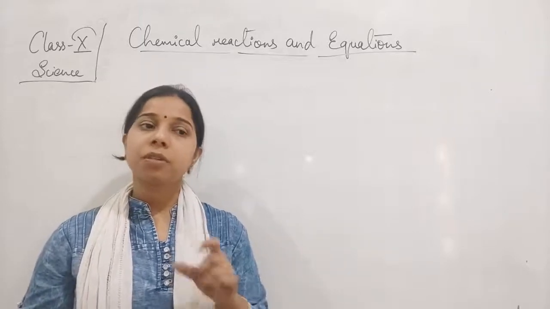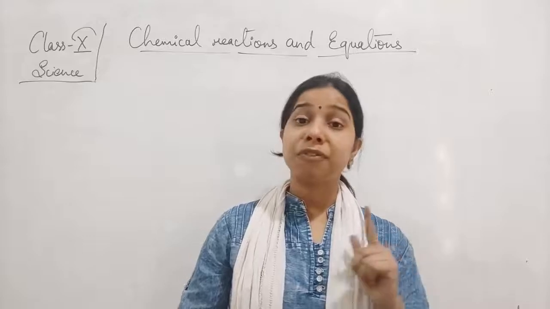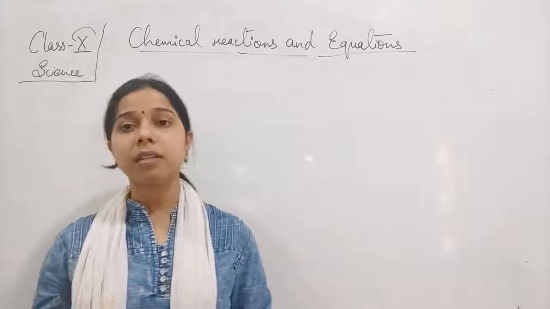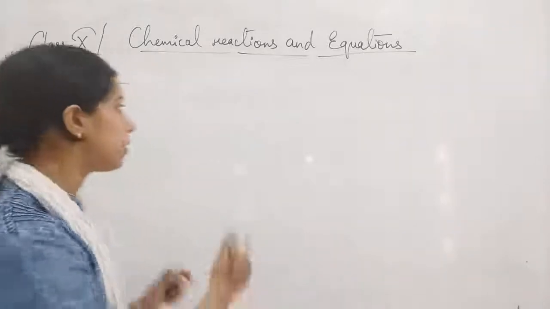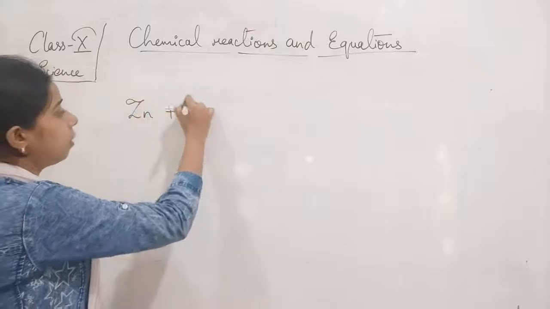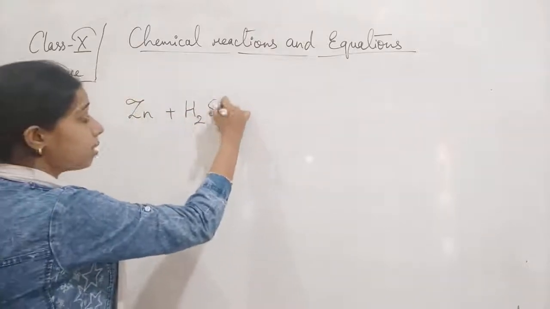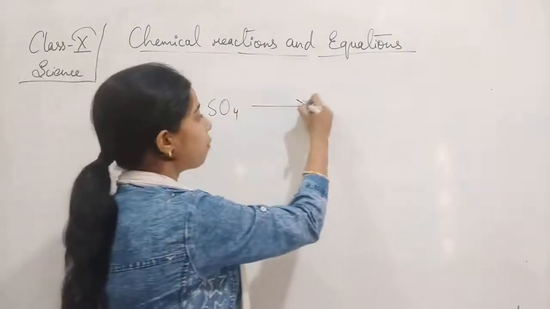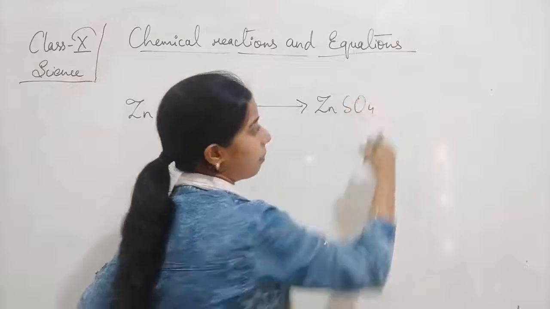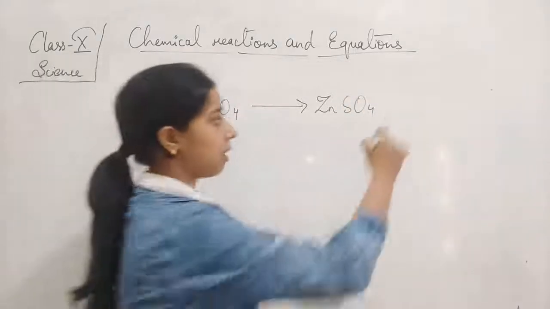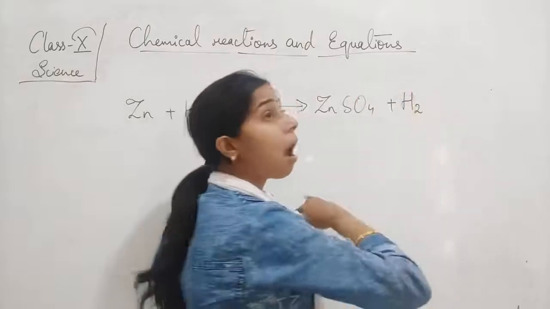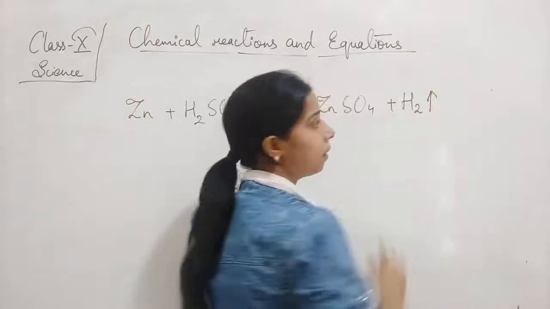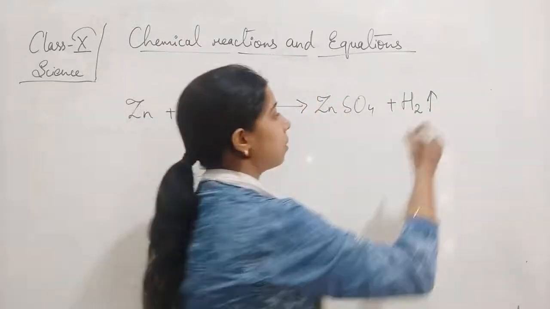Yes. When we were talking about the first case, the zinc granules, we took the zinc granules and added them to the sulfuric acid. So what was the reaction? Let me write the reaction again. The zinc granules react with the dilute sulfuric acid, and there is the formation of zinc sulfate, and after that there is the formation of hydrogen gas, plus heat.